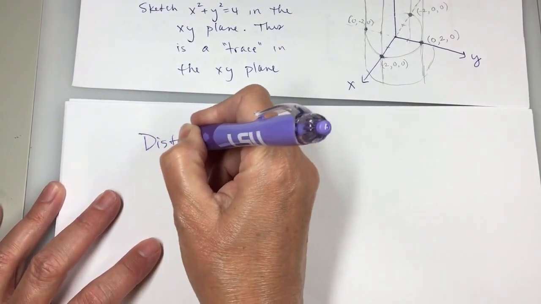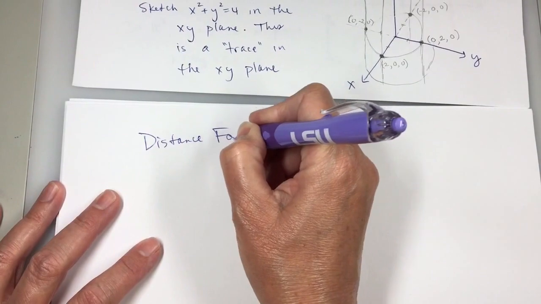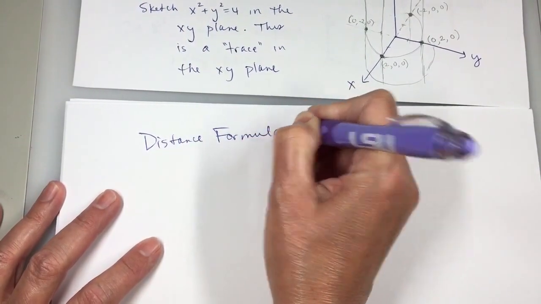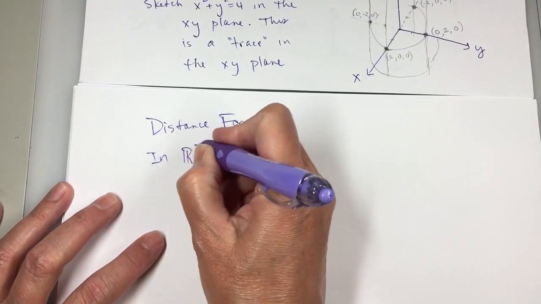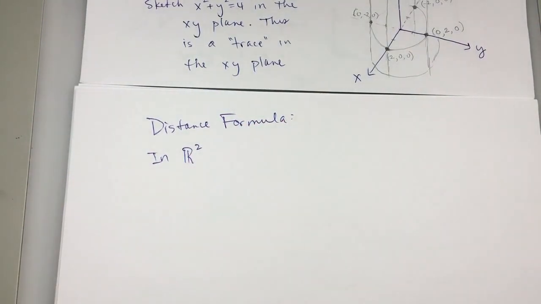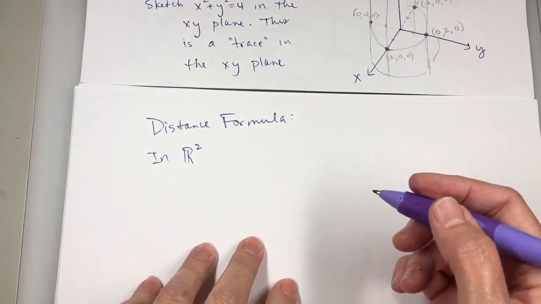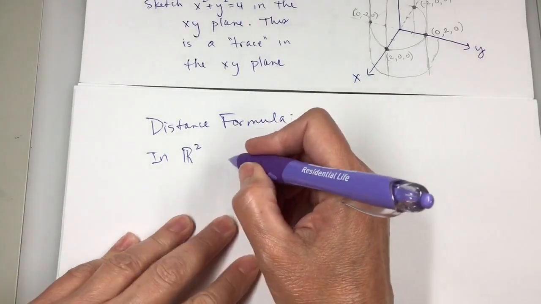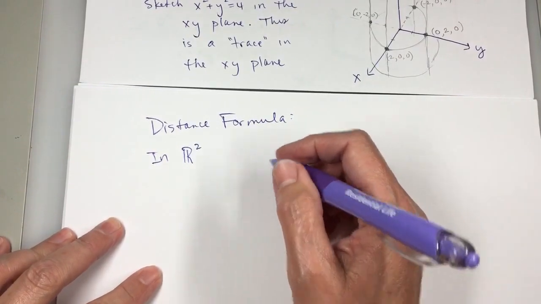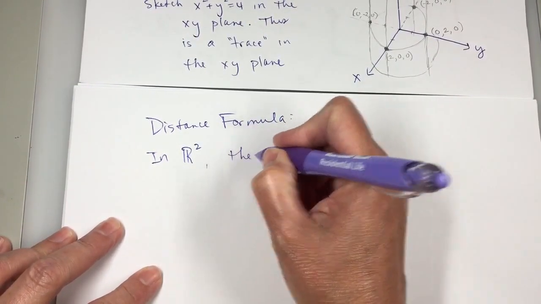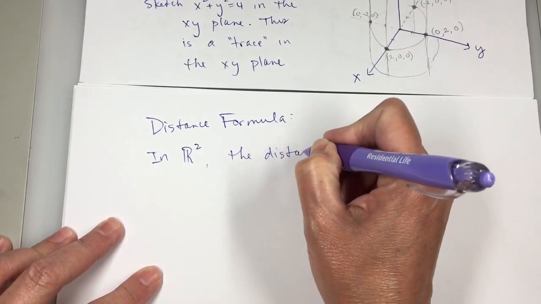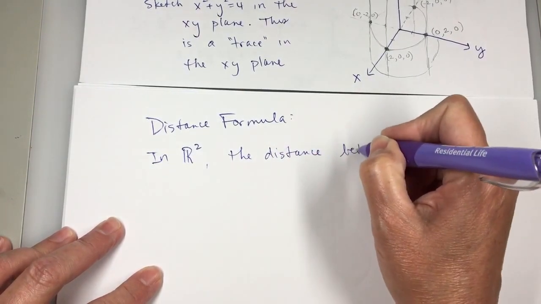So the distance formula in two space, what was it? It's this. You might use D for distance, or sometimes they'll use this. In R2, the distance between